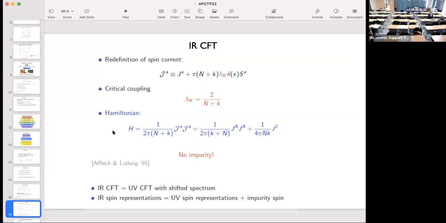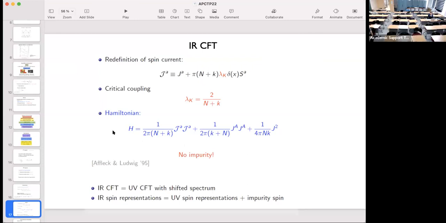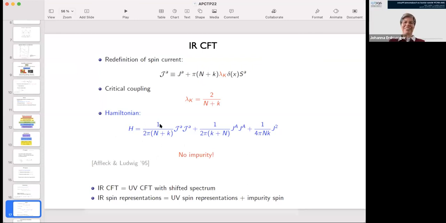Hello, Professor. If you take a large N limit, then what is the Hamiltonian for S equal 0? Yeah, that's a very good question. Obviously, if you take a large N limit, then it doesn't look very good. But in the large N case, we can start from the beginning with a totally different technique. I agree with you that this only makes sense if N is not too big. If N goes to infinity, then this is not very meaningful. But in the case that N is very large, we can do something else, and I will show to you in a second.